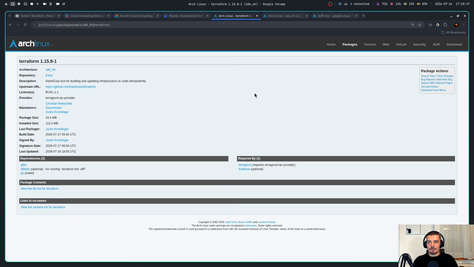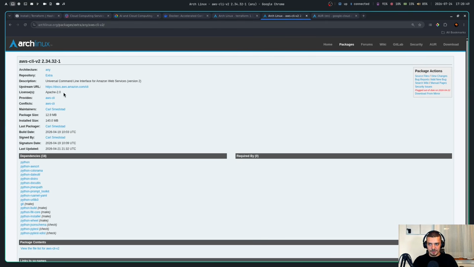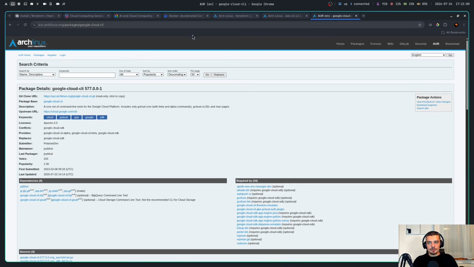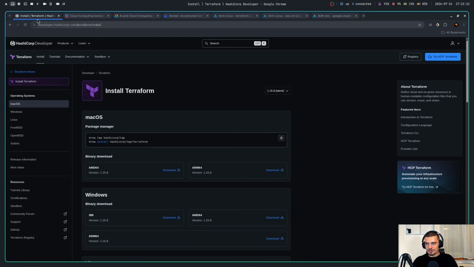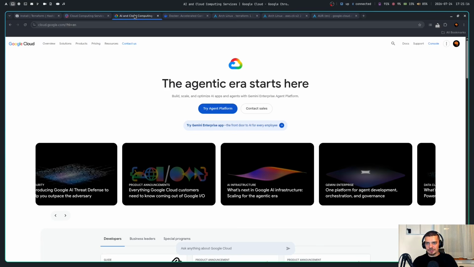But that is what we're going to need. For this, if you want to follow along, you also need to have the AWS CLI. This, again, is just the Arch Linux package here. There are different ways to get it on different operating systems. We're going to work with the version 2 CLI. And also, we're going to work with the Google Cloud CLI, which in this case is an AUR package, but again, available for different operating systems in different ways. So to summarize, we're going to install Terraform. We already did that. We're going to use AWS. We're going to use GCP and Docker.